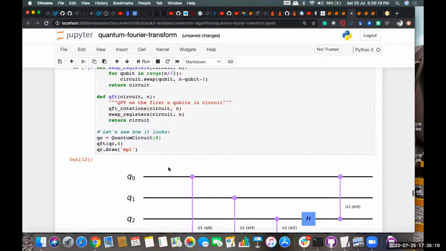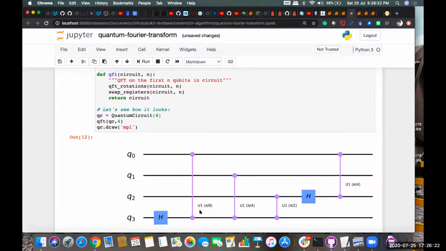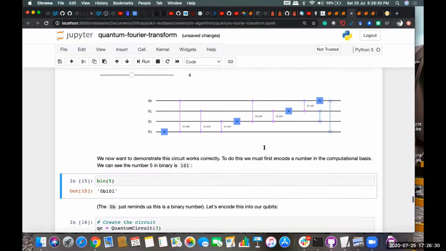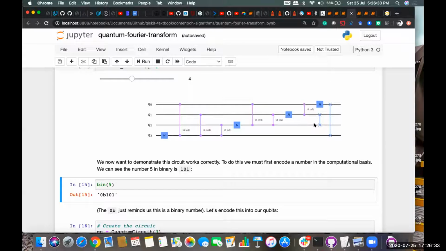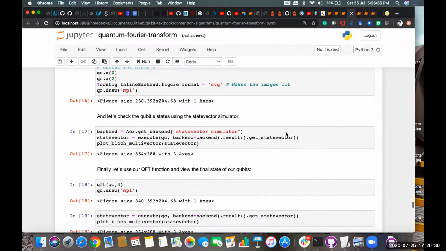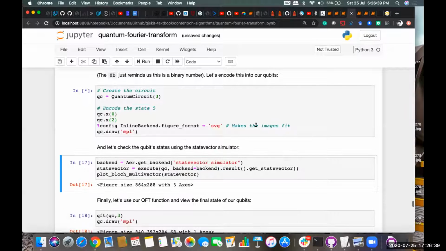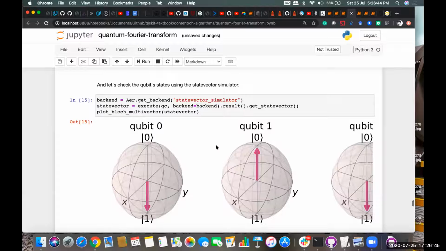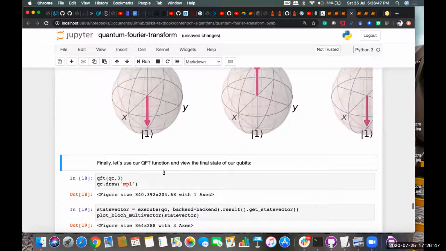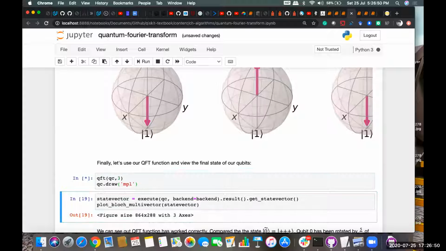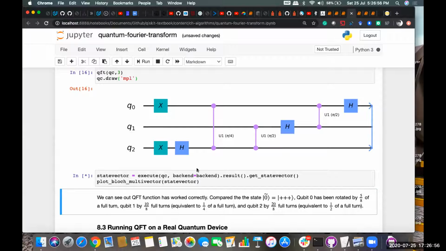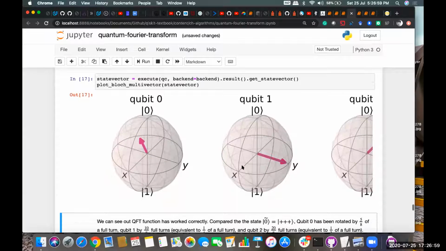And when we call it, you can see a quantum Fourier transformation circuit, applying the Hadamard gate, then the controlled rotation gates, and finally at the end we apply the swap gates as well, as you can observe here. Okay, let's move further. Finally we are going to use the QFT function, and we will be viewing the final state of our qubits. Okay, so after swapping, we are plotting the Bloch sphere of this circuit,